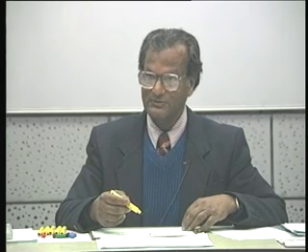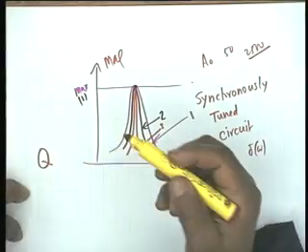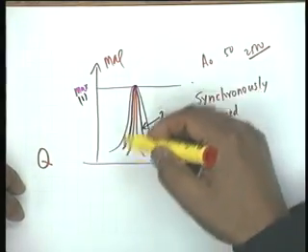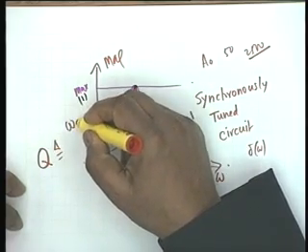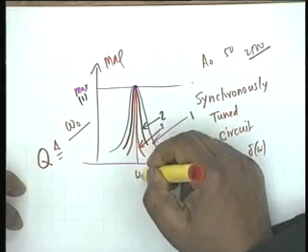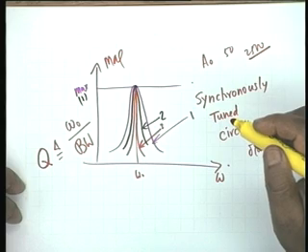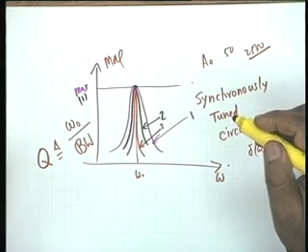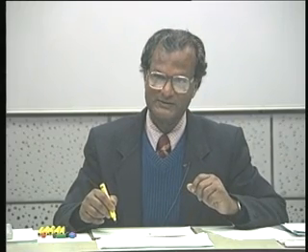Okay, one interesting exercise that one can do at this point is to see how the selectivity increases. In other words, how do the bandwidths change, or how does Q of the circuit change. Q of such a response is defined as the resonance frequency omega 0 divided by the bandwidth. And you can show that in a high Q single tuned circuit, this Q is the same as 1 by 2 zeta.